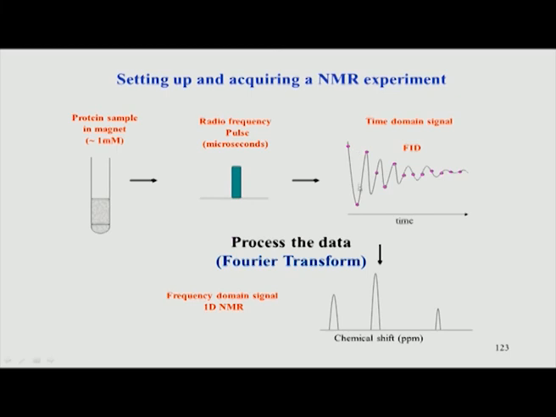As the signal is going to 0 over time, this oscillation or frequency is because of the chemical shift. That means each atom in the molecule will have a different chemical shift. If you have three different hydrogens, as we saw in ethanol, the three different hydrogens will have three different frequency values, but they all combine together, and the Fourier transform separates them into three different peaks. What you finally see is a spectrum. This is the entire process of NMR conceptually, from the spins to the spectrum.